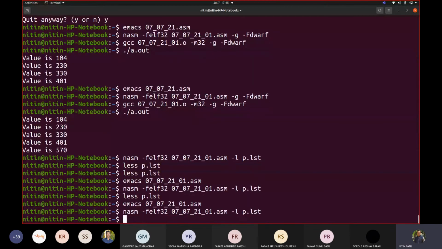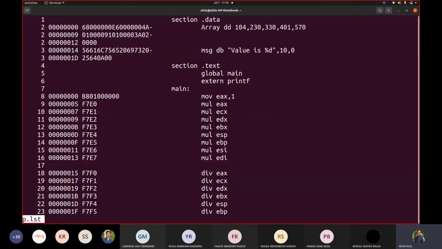And this is really important now. If I open that p.lst, you will be surprised to see that this F7 is the same in both cases. Then how does it know, if F7 is there, whether it is div or mul? You might have started thinking, correct? But now try to concentrate on the mod rm.